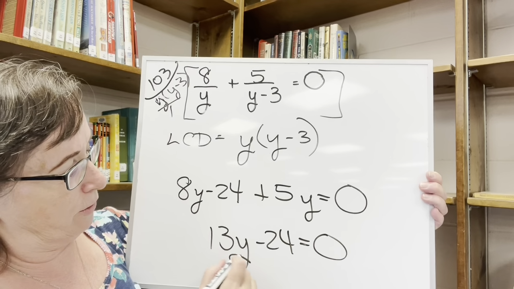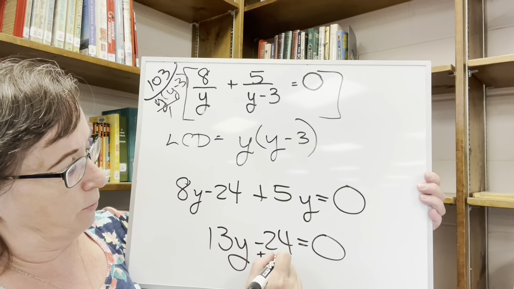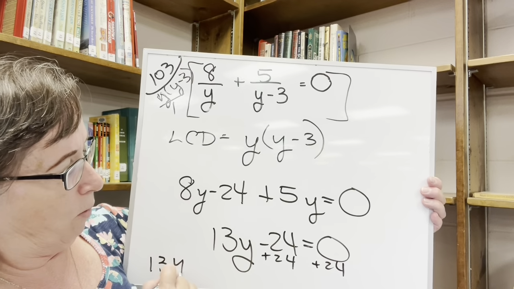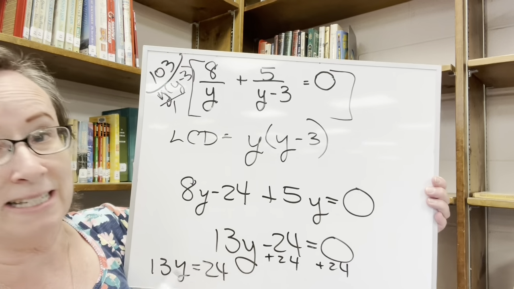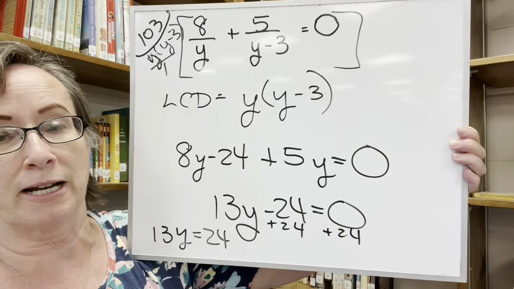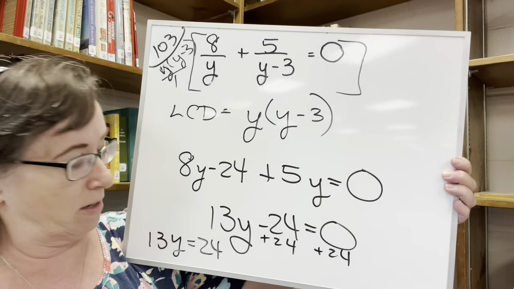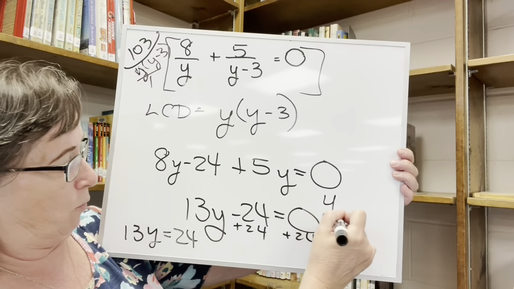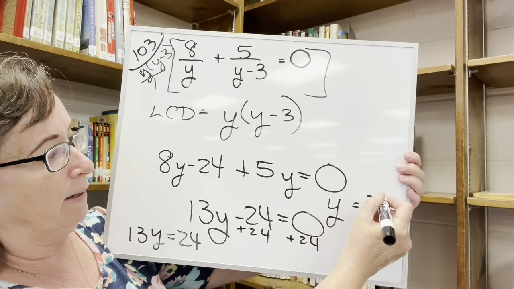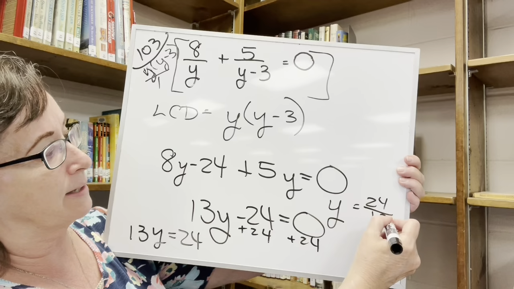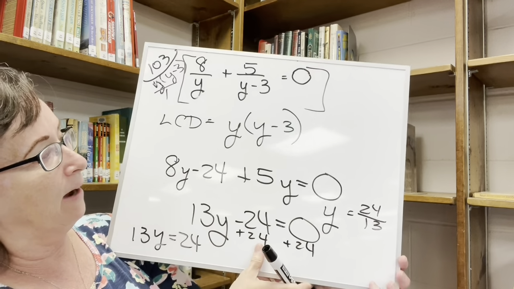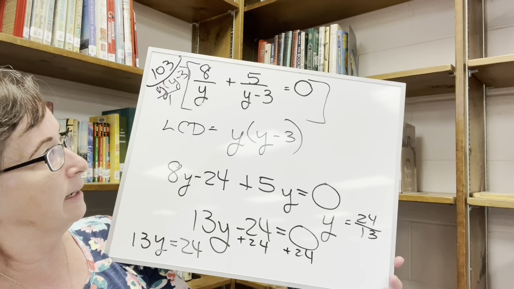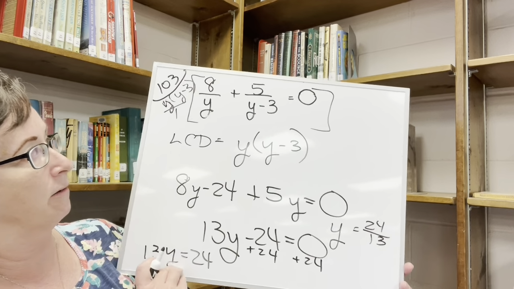And then 13y, we're going to add a 24 to both sides. 13y is 24. Now that's not going to turn out very pretty. It would be much nicer if it was 12y, but it's not. So we're going to divide both sides by 13, and we're going to get y is 24/13. Okay, now that one looks kind of crazy, but it is the correct answer,